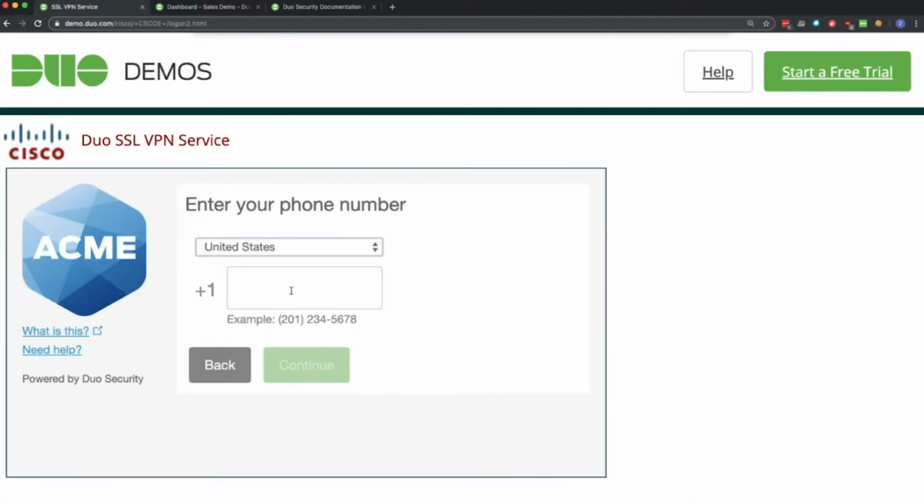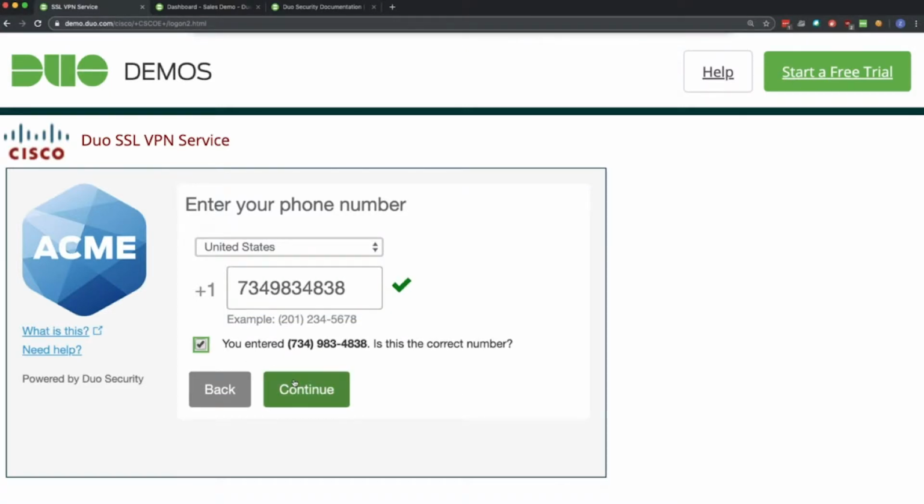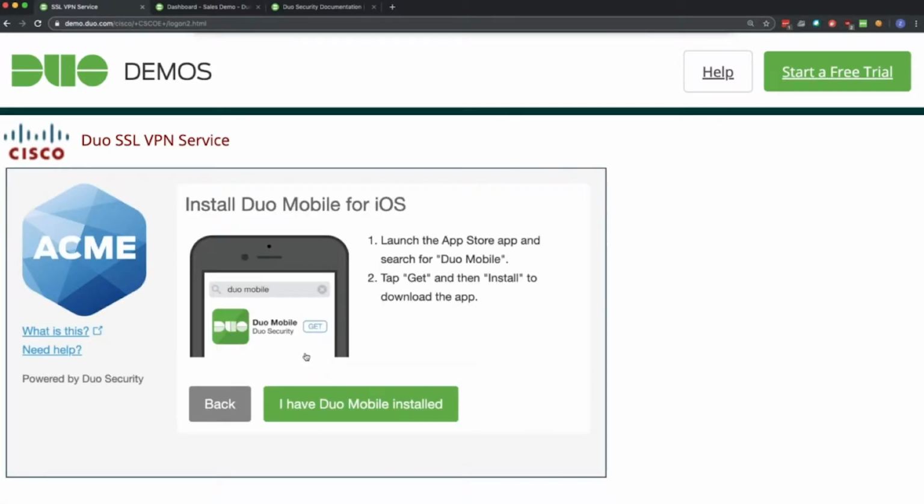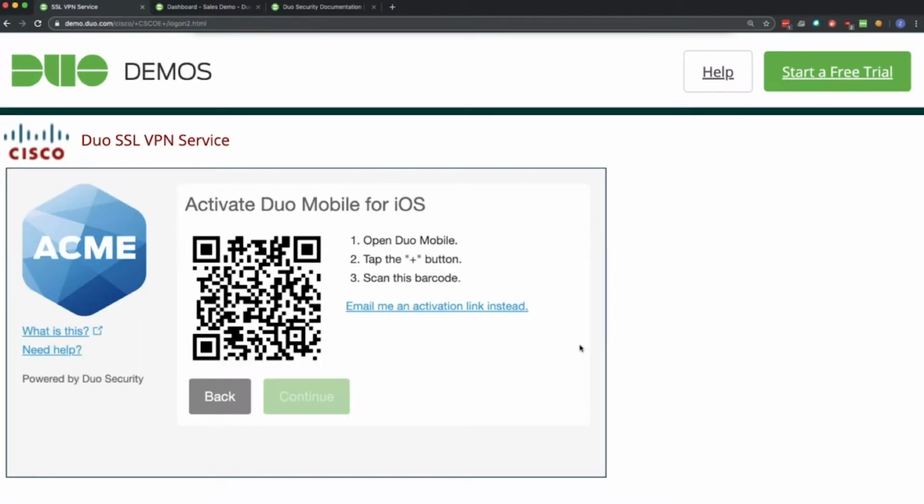Whereas if I choose mobile phone, like I'm going to do here, it asks me for a phone number. And then since I said I have a mobile phone, it asks me whether this is a smartphone or a feature phone. I say I've got an iPhone, so now it shows me what app I'm going to search for, as well as what that app looks like in the App Store. And then once I've confirmed that I've downloaded that app, I get a QR code to scan, and a check mark appears to give me an interactive confirmation once that account has been scanned and added.